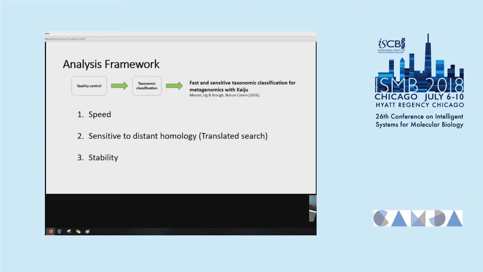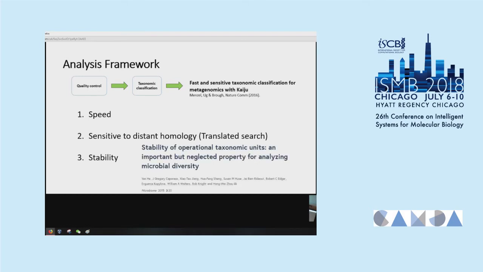But here, that was maybe a bit tricky because I knew that there was going to be the initial set of samples, and then because of the CAMDA challenges, the mystery samples were going to be added in later on. So this raised the prospect of stability, which is something from the 16S field, and this was more in the realm of de novo generated OTUs, that is, clustering sequences at 97%.